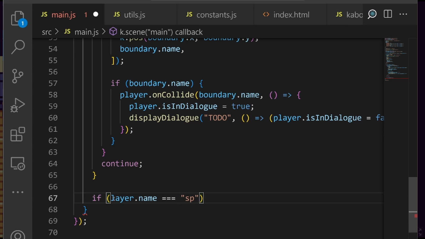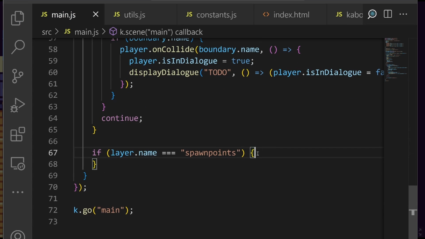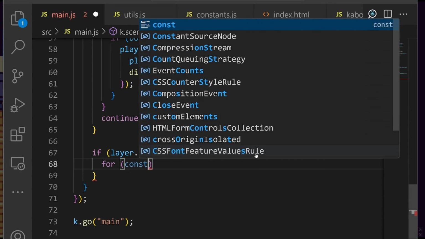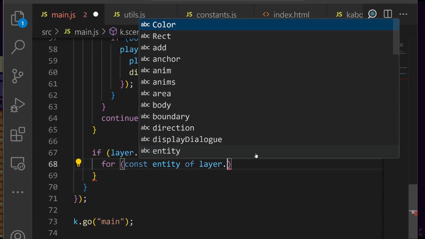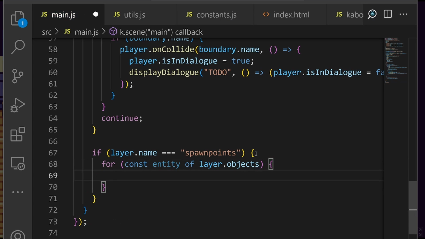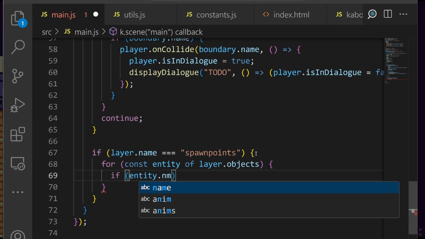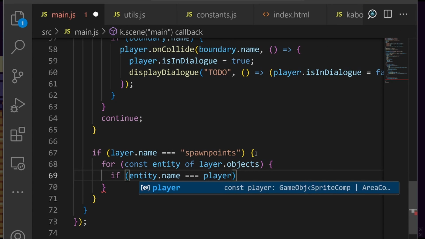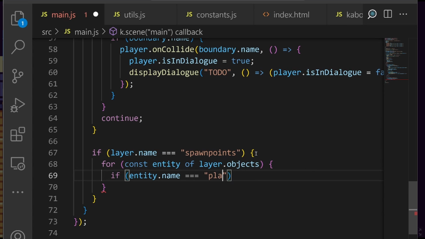is the spawn points layer, which is where the player spawns, we're just gonna have for const entity of layer.objects. There's just one entity, but I'm writing the code to be generalizable, so that if you decide to put more than one entity in the Tiled export, it's gonna still work. And then if entity.name is equal to the player,